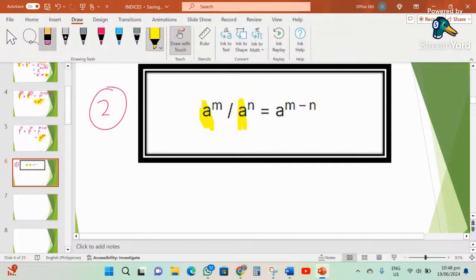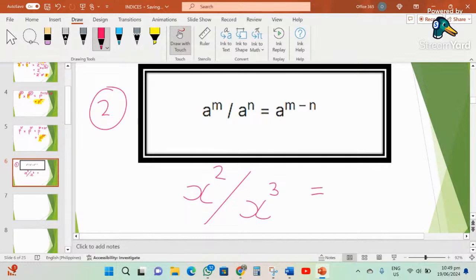So to give you an example, let's say we have an x in here. x to the second power divided by x to the third power. So what shall we do? We get the common base x, and the upper exponent, that's always the arrangement, 2 minus